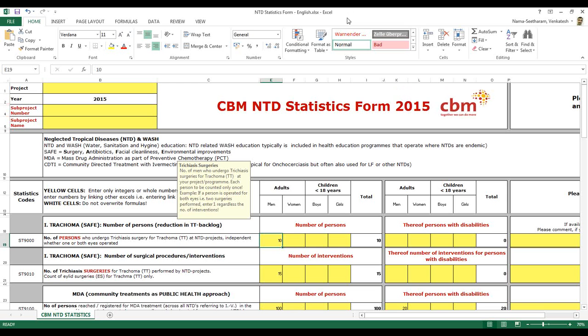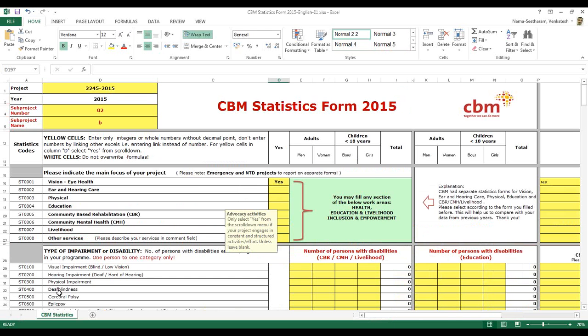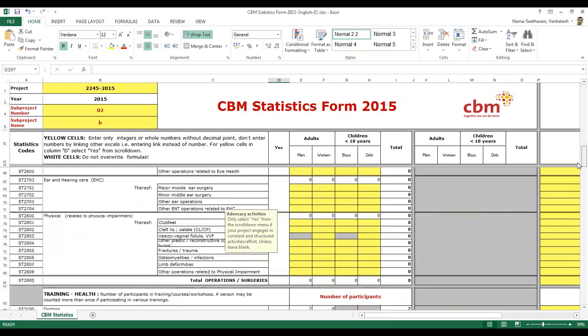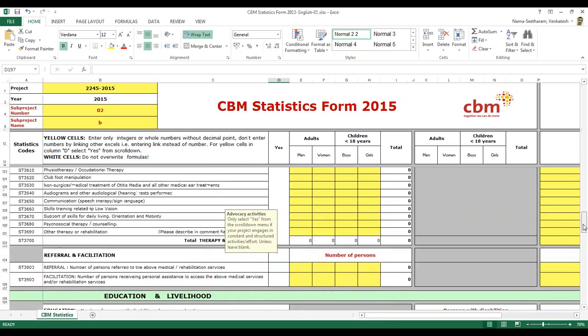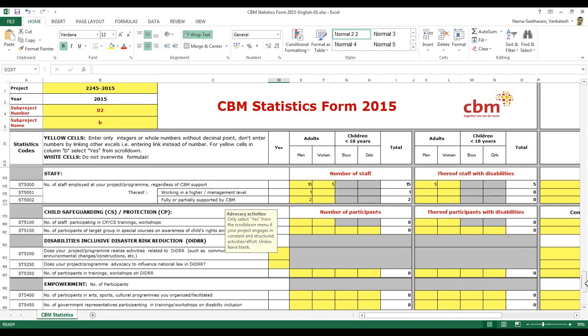What I would request is, if the regional office and the country coordination officers are doing any work covered in the other form, especially the inclusion and empowerment part, not through the partners, for example, if they are conducting a child safeguarding workshop which is not for partners, because if it is for partners, then they would count the participants in their project numbers.